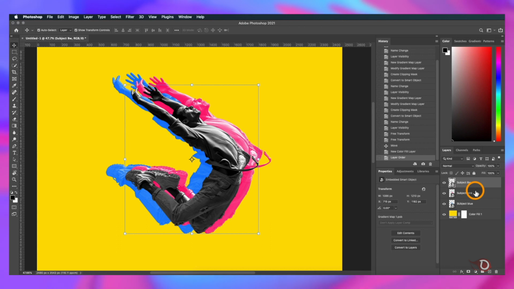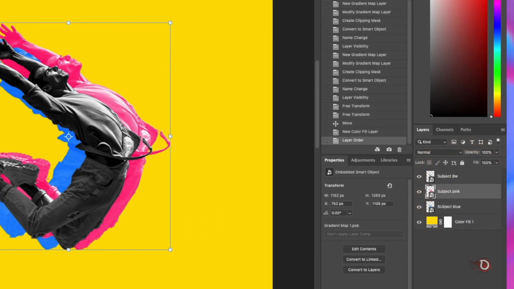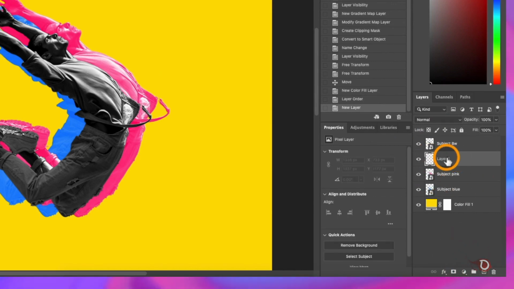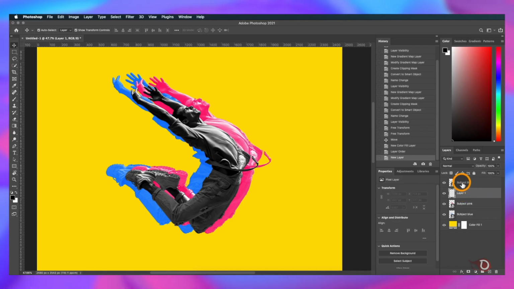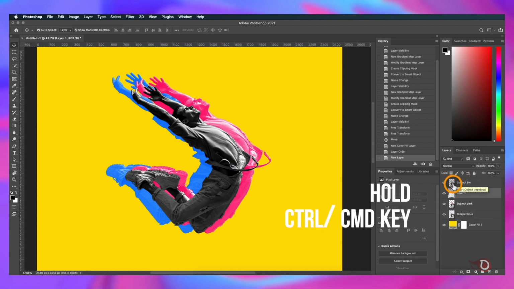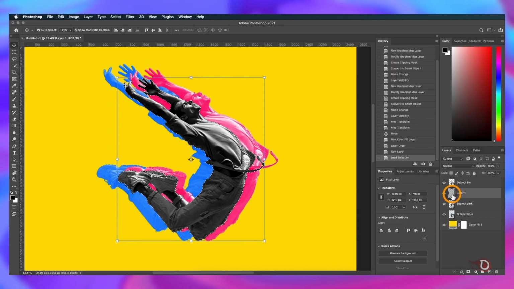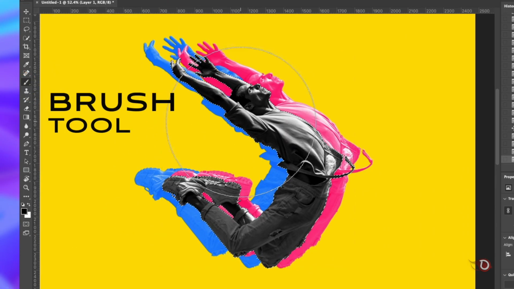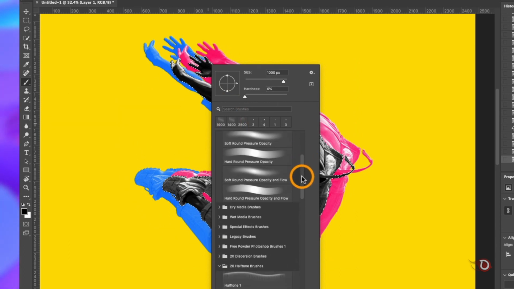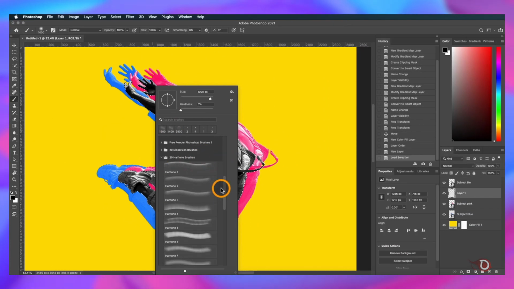We have one more thing to do with the subject, so we'll select the subject pink layer and click here to add a new layer above it. Then we'll activate the selection of the subject black and white layer. How? Just by holding the Ctrl or Command key and clicking on the icon of the layer. Make sure the new layer is selected. We'll take the brush tool, right click anywhere on the canvas to open the brush settings and select a custom